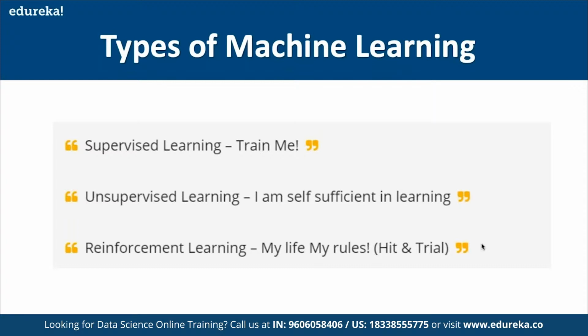And then we are going to work on reinforcement learning. So reinforcement learning is simply learning on its own based on feedback. We simply let the system know if it has done a good job or not. And based on that only, it tries to get the best possible output. That's how it works. All right.